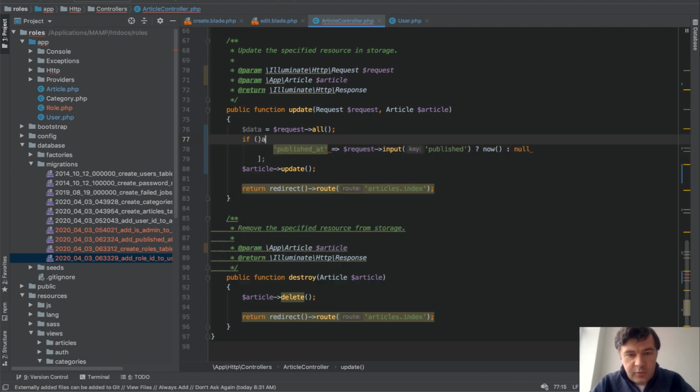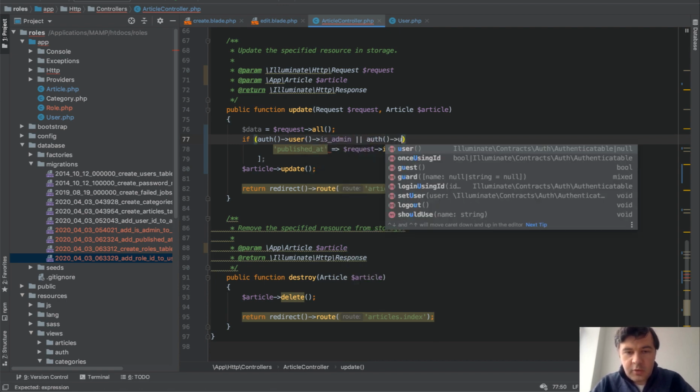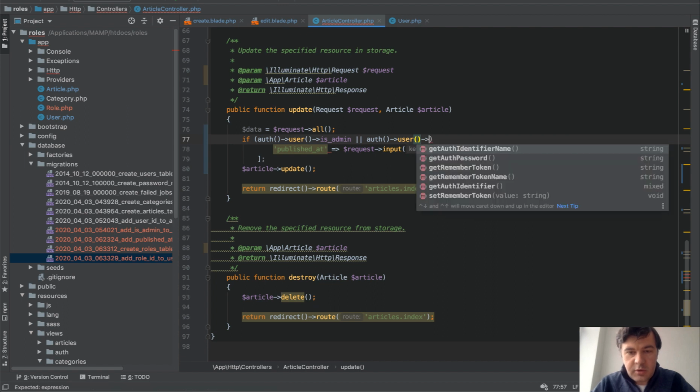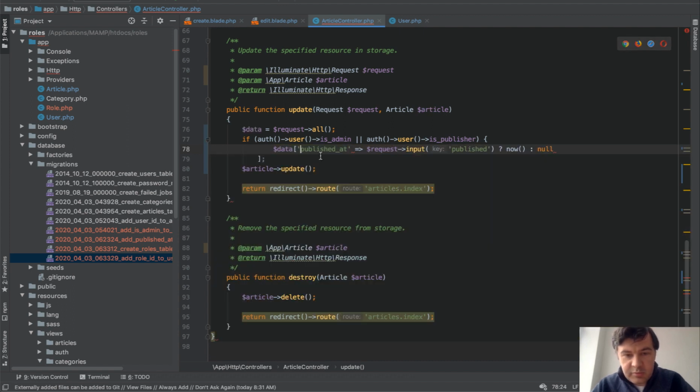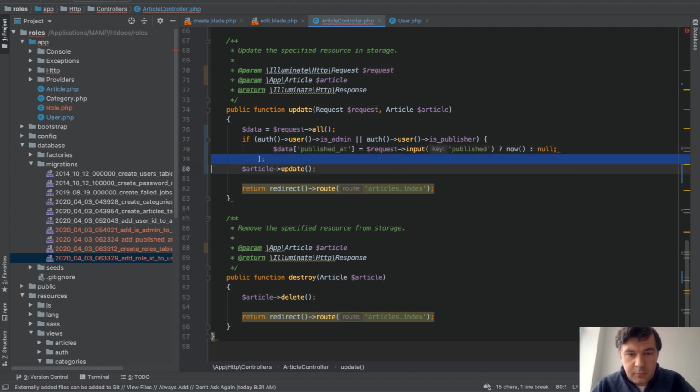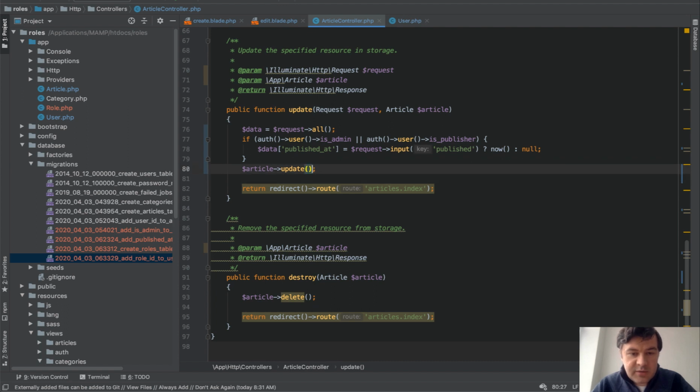So if auth user is admin or auth user is publisher, then we add data published ad equals this. Like that, and then article update is